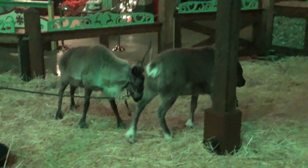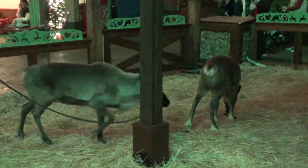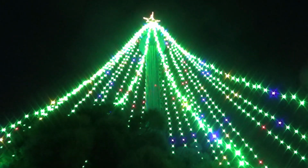Whoa, check it out. It's Santa's 2 tiny reindeer. Not 8, 2. All the stories have it wrong. It's 2 tiny reindeer. Okay, count along with me. 1, 2, 3. Merry Christmas and Happy